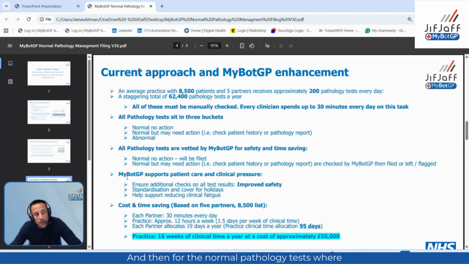And then for the normal pathology tests where you clinicians would like to see that test because it will trigger that they need further investigation in the patient record, it will do the additional checks by itself, fully automated in the background, by checking the patient record or the pathology test report for keywords, medication, health conditions, percentage increases, decreases. Obviously you can supersede lab ranges as well. So all of the normals will be filed, all of the normals will have additional checks on them where required, and you will free a significant amount of clinical time, in addition to improving safety and standardization of the practice,